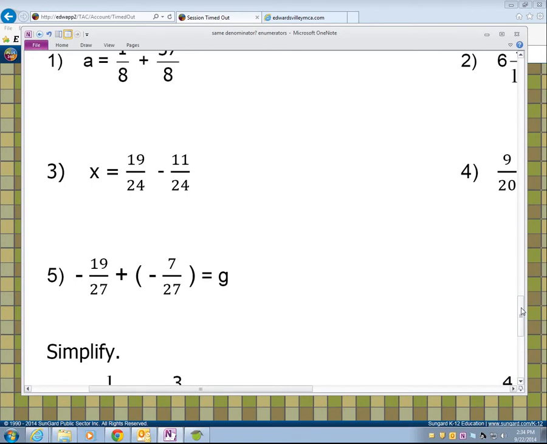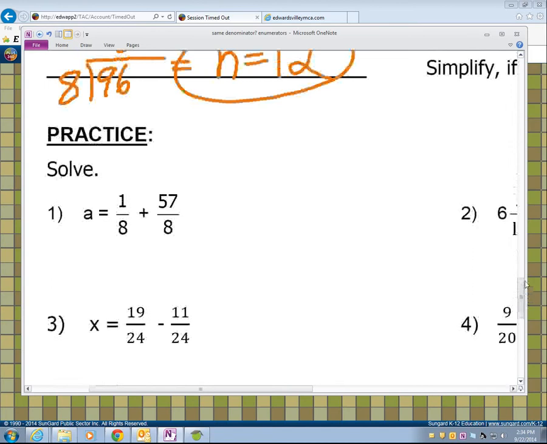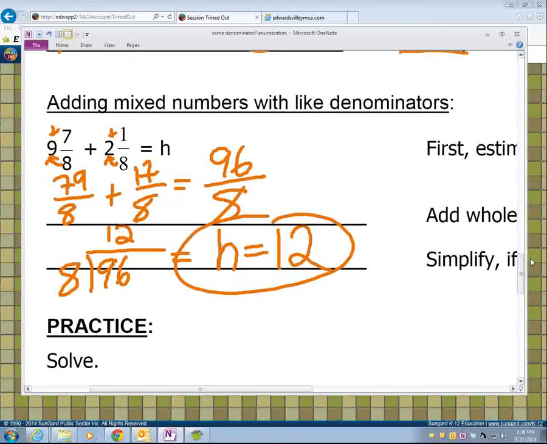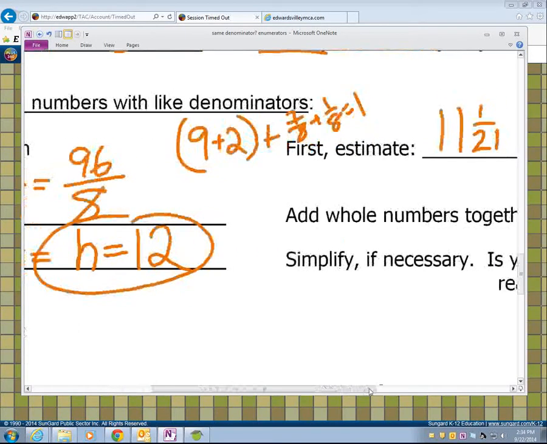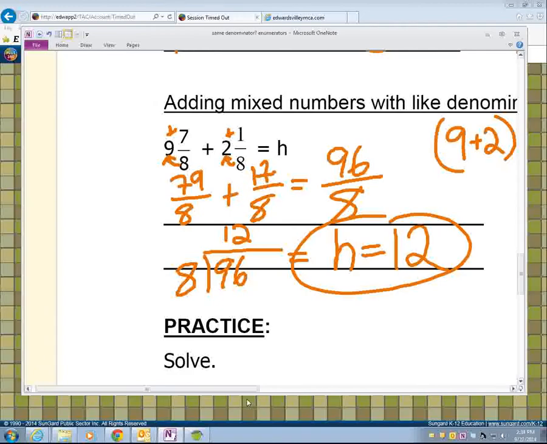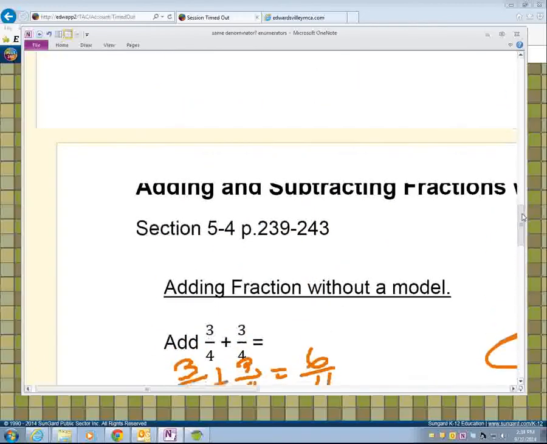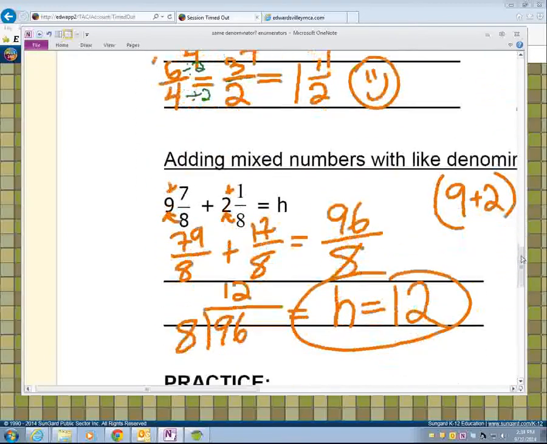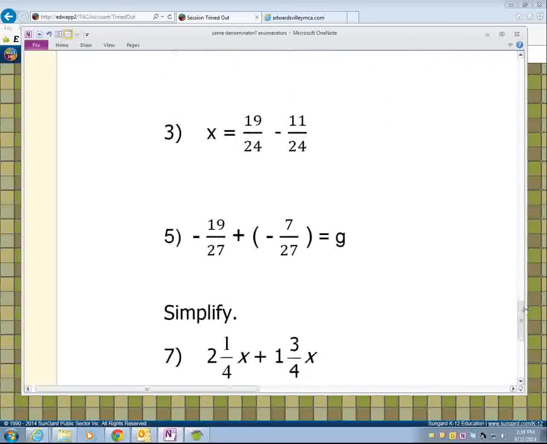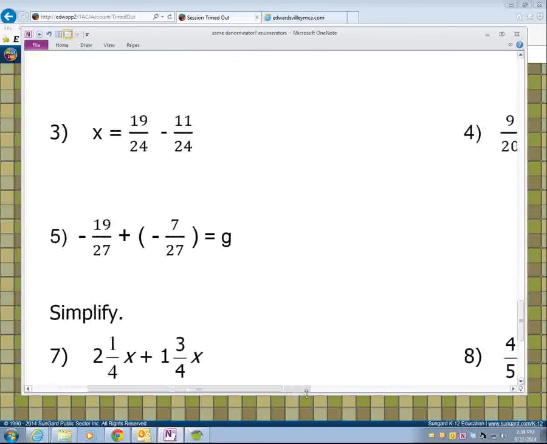Yep. And here's the way that some people did it. This is how your book does it. I guess I could show this really quick. What they did is they just took out the 9, took out the 2, plus 7 eighths, plus 1/8 equals 1. 1 plus 9 plus 2 equals 12. That's how your book does it. I'm just showing you that. Look at your book. It's on page 240 or so, 241. All right, now some of the questions that are on the homework that I want to make sure you